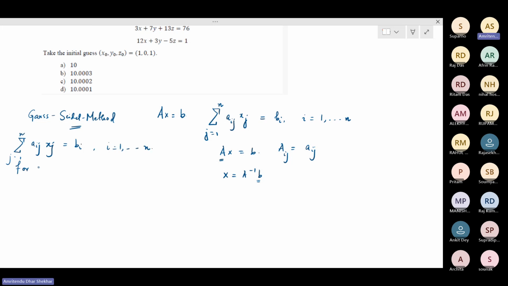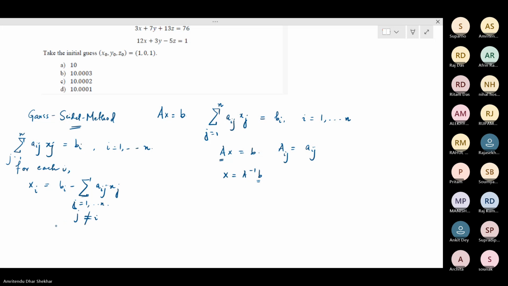For each i, you do a transposition. You write x_i is equal to b_i minus the sum over a_ij x_j, where j is from 1 to n but j is not equal to i,